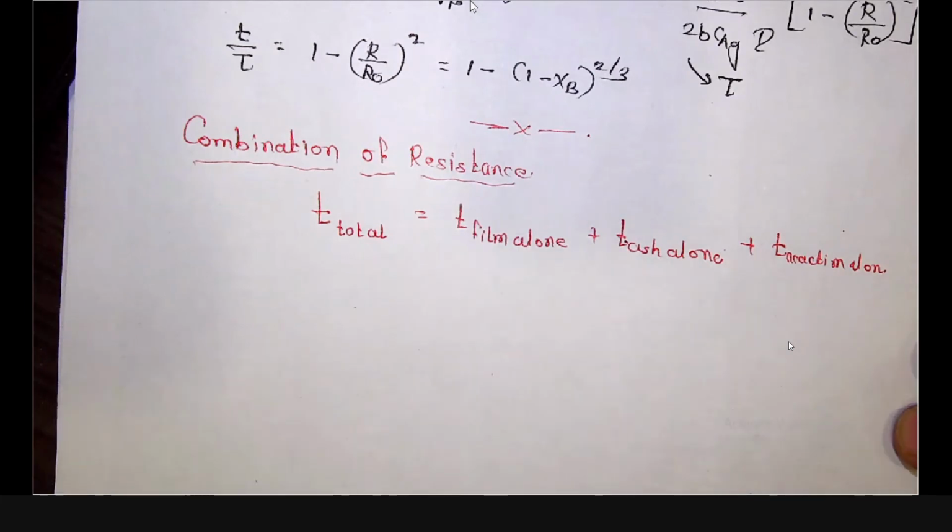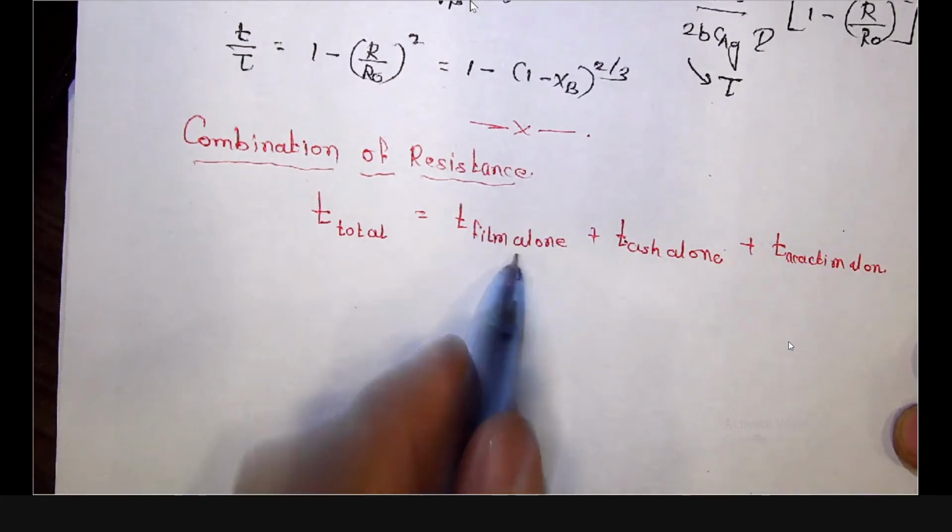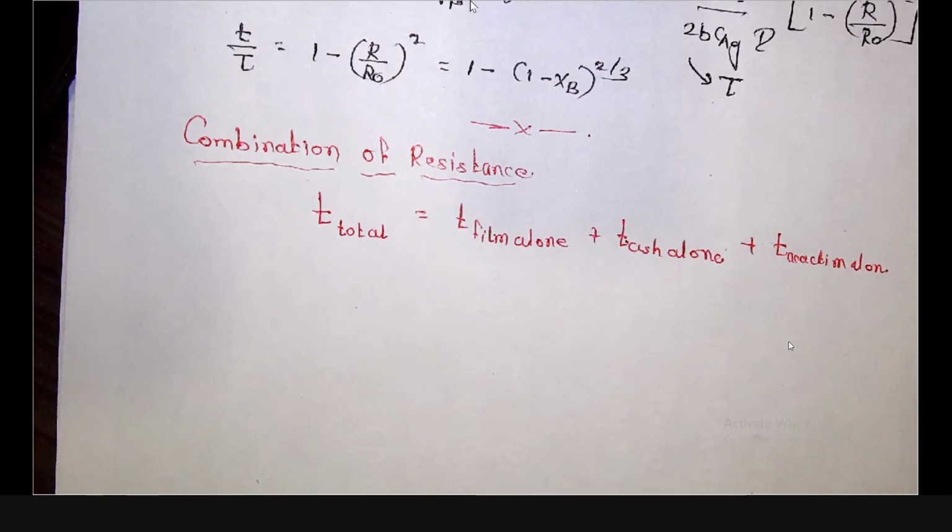So the importance of the resistances, which is because of the film, ash, and the reaction, is changing. It varies with respect to the conversion. If you take a constant particle size, the gas film resistance is almost unchanged. And resistance to the reaction increases as the surface of the unreacted core decreases. So resistance for reaction will increase as the size of the core decreases.